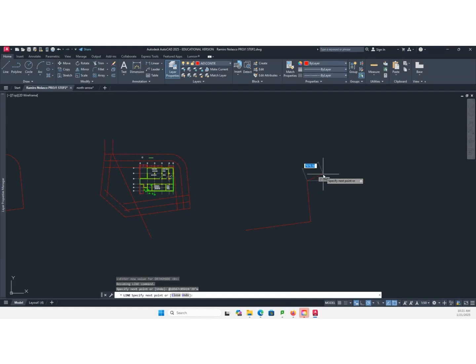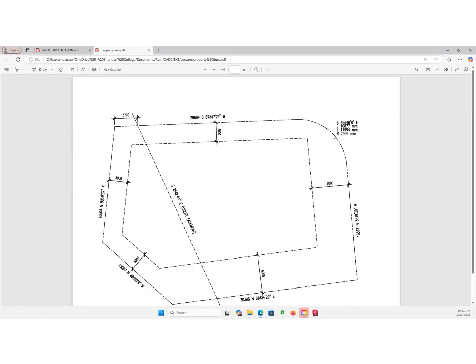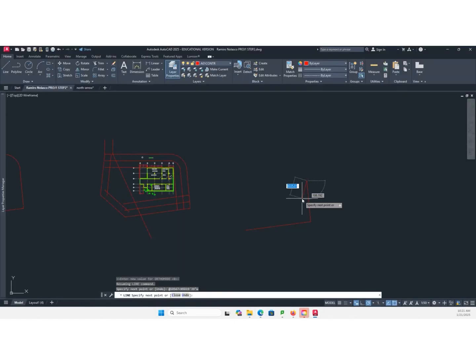Enter. So we end there for the arc. Enter to stop the line command. Enter again to restart the line command.